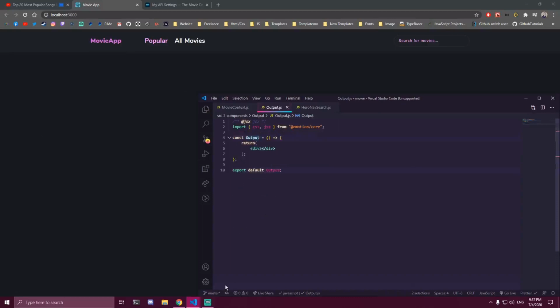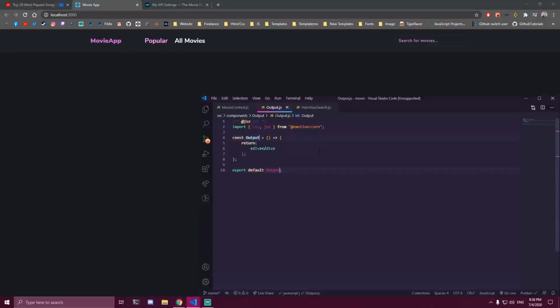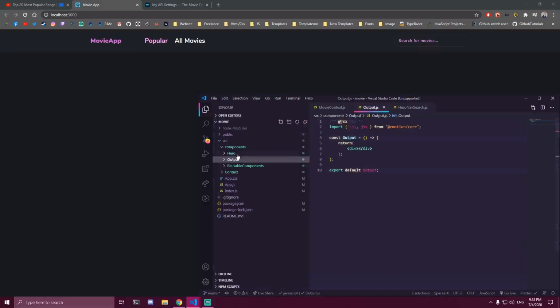So our output, let's start by, let's see. Here we're going to call it movies page or section, however you want to call it, which is going to be here when we click on movies. And here we're going to have a section that's going to be called popular. So right now, we don't really need to add anything inside the output because we didn't make those two sections yet. So the first one, obviously we're going to need is the popular movies. So let's go here, make a new folder, so popular, and then